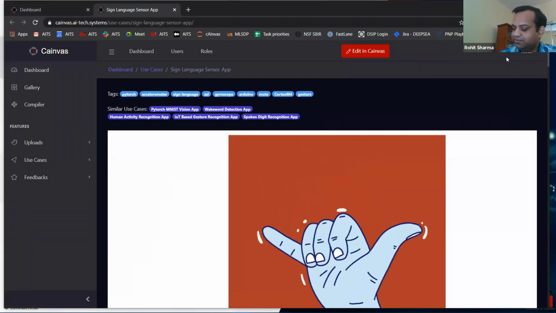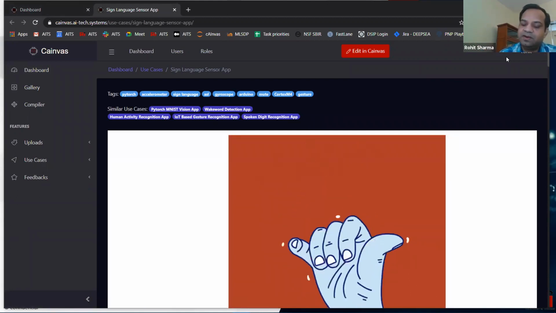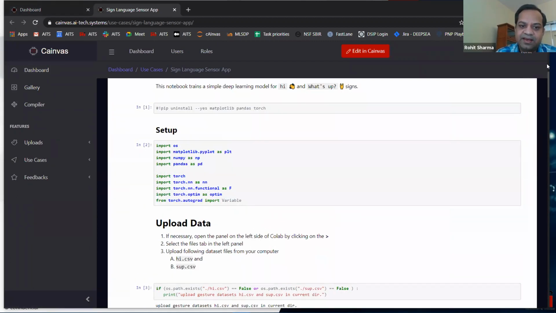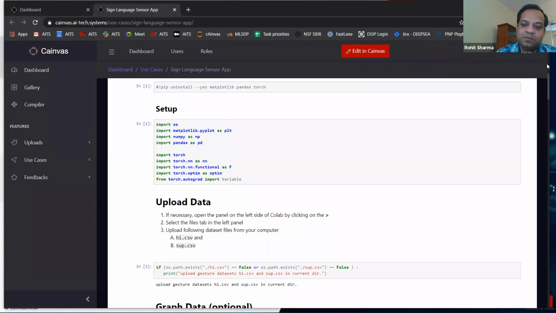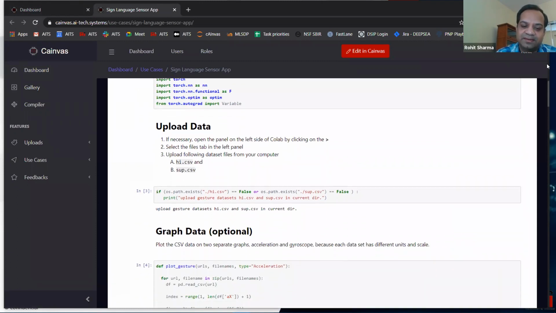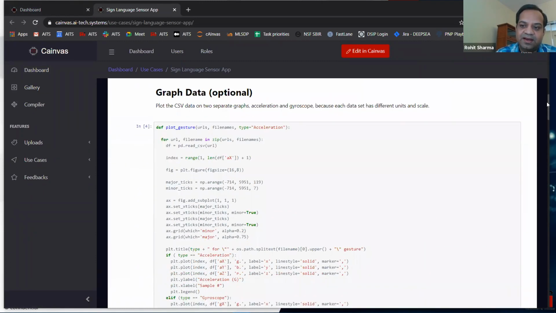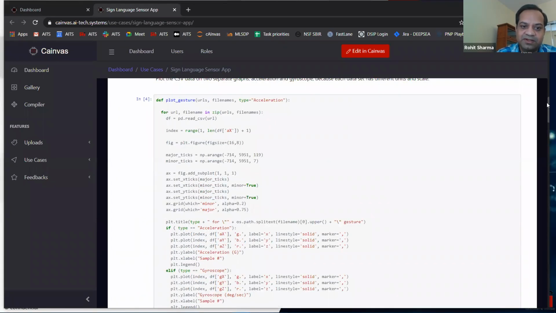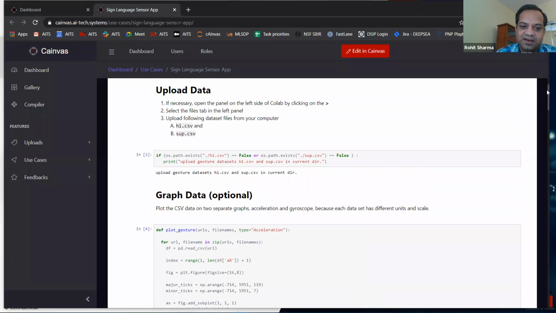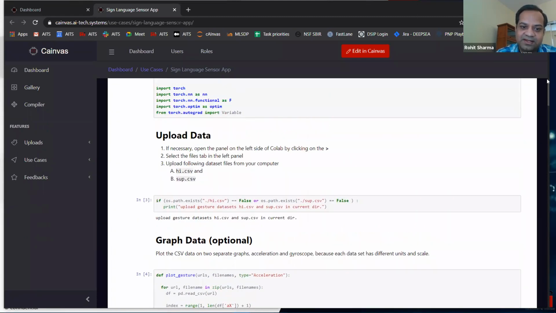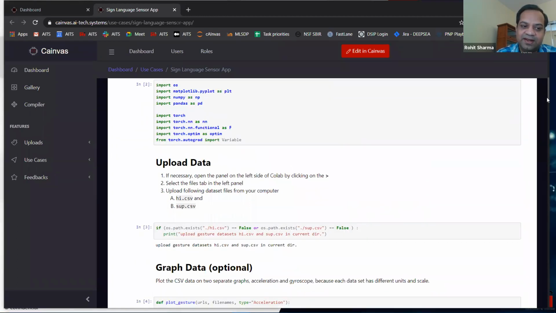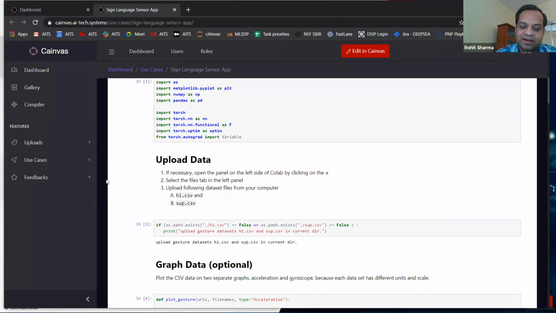This is a prototype for a couple of words, but we have experimented with more words and it works beautifully. And this is essentially the notebook that outlines the process that we trained this whole thing on. I'm not going to go through it because of the limited time, but essentially you set it up and then you upload the data that you collected for training.